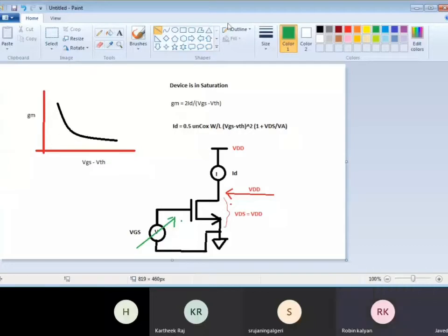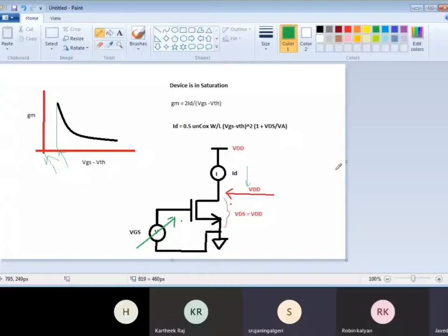So typically when VGS is equal to 0, you are here. You then don't expect any current to flow. You don't expect any current flow right there. So only after a certain amount of VGS is present, VGS minus VT, which is a positive value, you will assume what is the current flowing here.